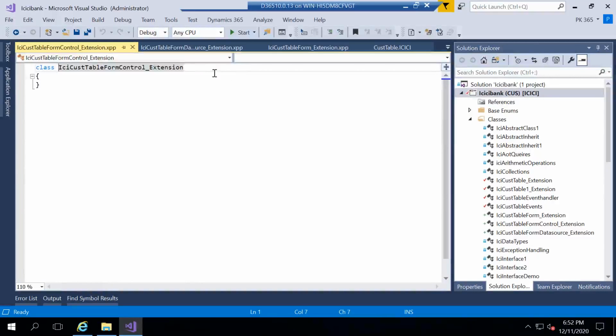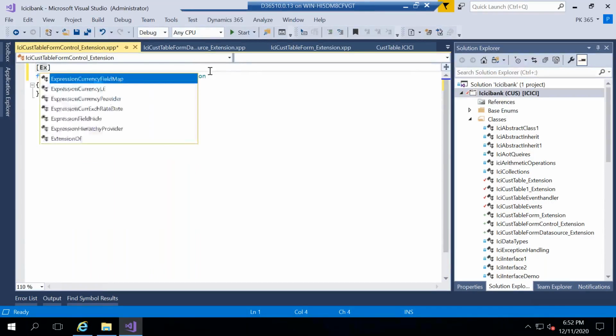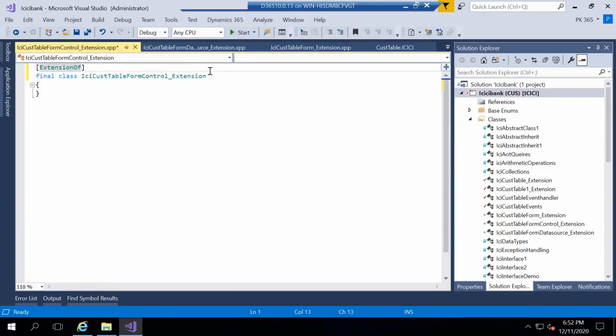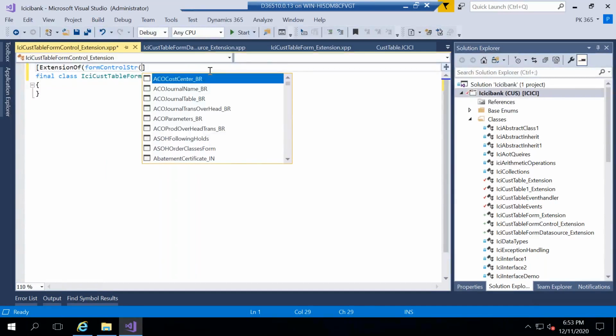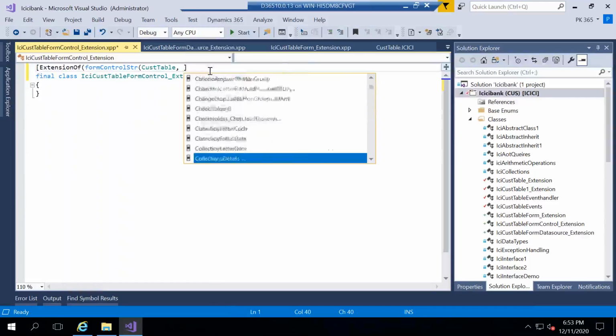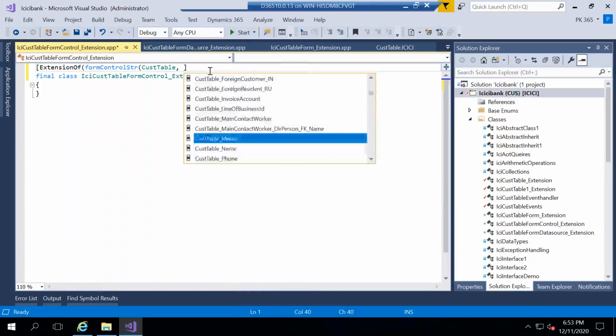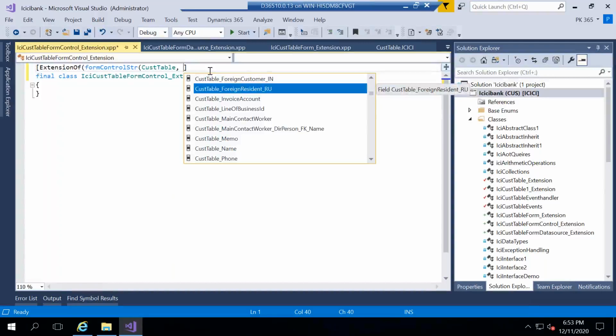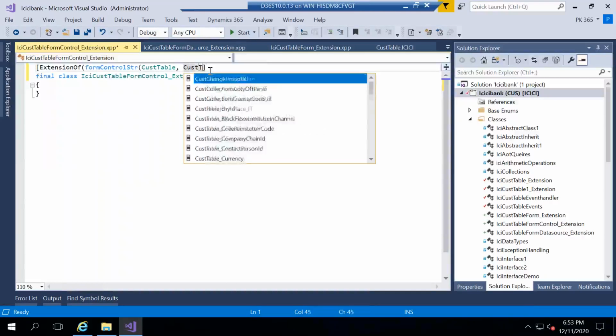And in this case, again, you need to make it final. And then here, you need to write extension of, in the bracket, form control str, and then in the bracket, let me take cust table, comma. You can see all these are the controls. It will show almost all the controls here. Now my control name is cust table